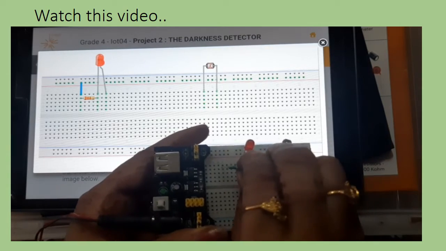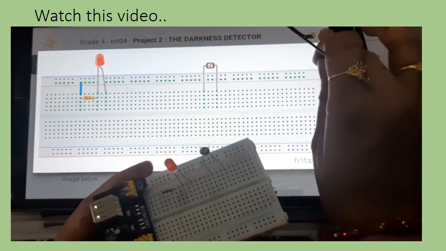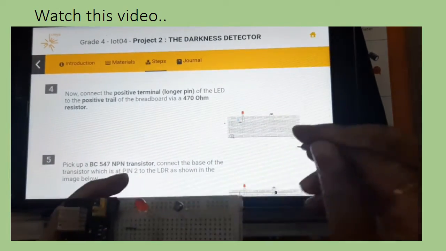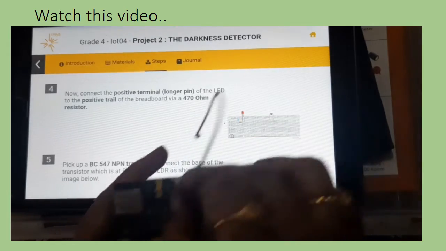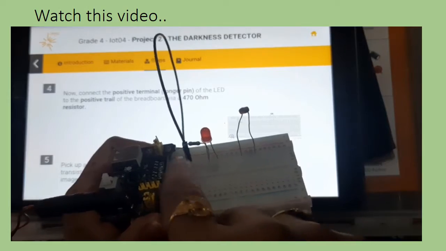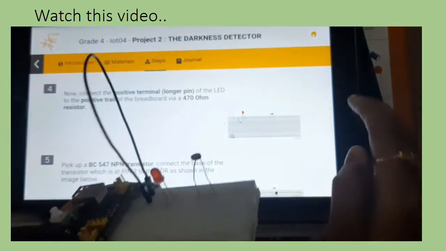This way we will connect. And with the help of this jumper wire, we will connect it to the positive rail of the breadboard. So this red strip is the positive rail of the breadboard.